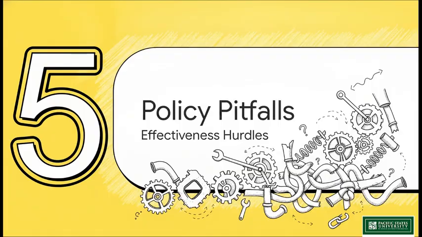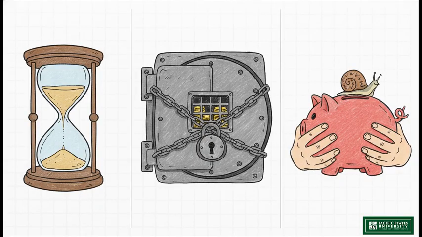That leads us perfectly into Section 5, Pitfalls of Monetary Policy, because it's not always a perfect science. In a textbook, monetary policy looks like a flawless, well-oiled machine. But in the messy real world, executing effective monetary policy faces 3 extremely significant hurdles. Let's break them down. First hurdle, long and variable time lags.